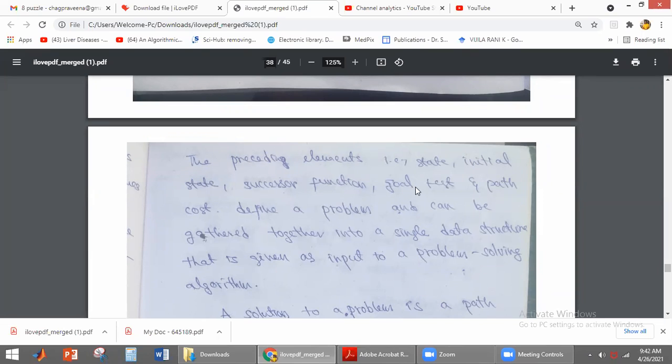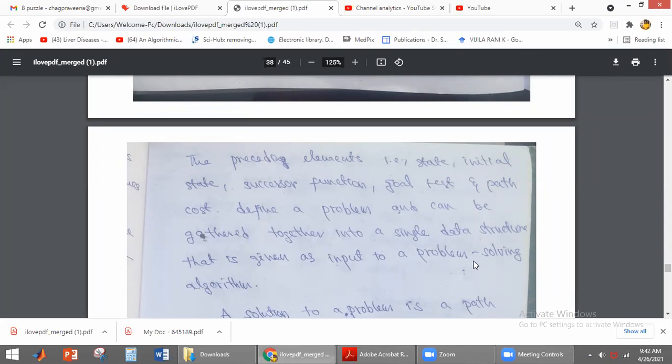Okay. Then what is the goal test and path cost? These are the 5 elements we have discussed: state, initial state, successor function, goal test, and path cost. These define a problem, and all of this together will be combined under a data structure, and this will be given as the input to problem solving algorithms.